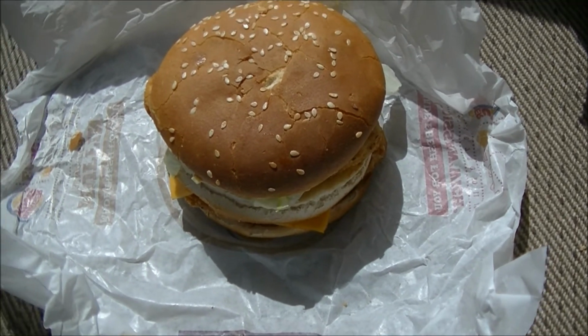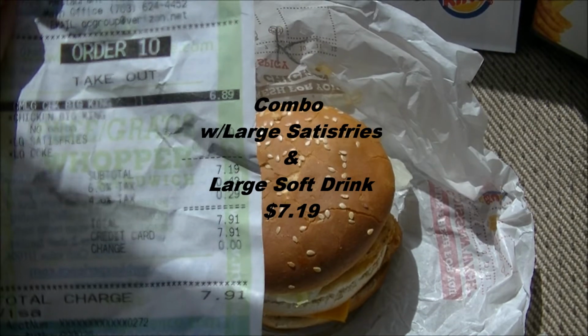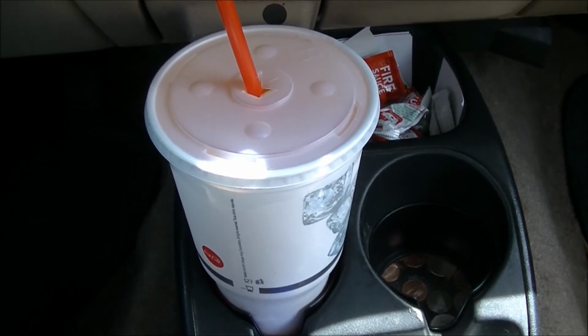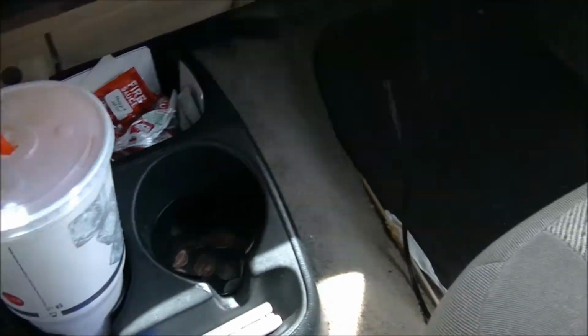Anyway, this bad boy was $7.19 before tax with the combo that I got, which included a large Satis fries and a gigantic jug of Fanta orange soda with a little bit of Sprite sprayed in the top for a little extra bubbly. Anyway,